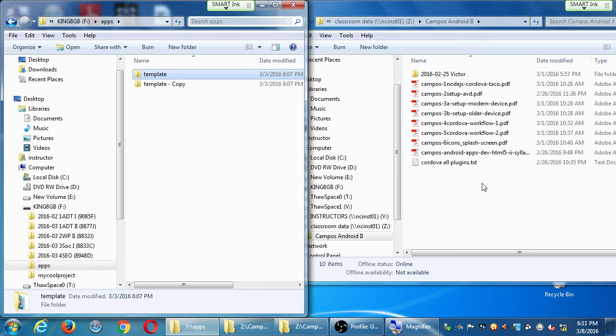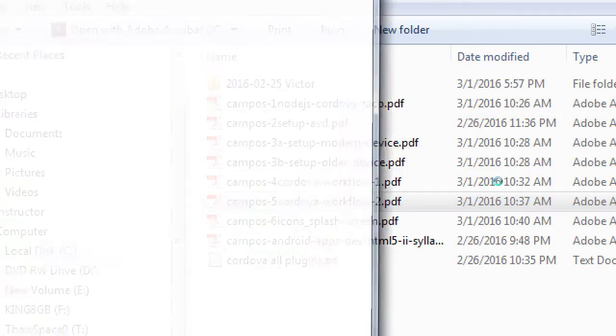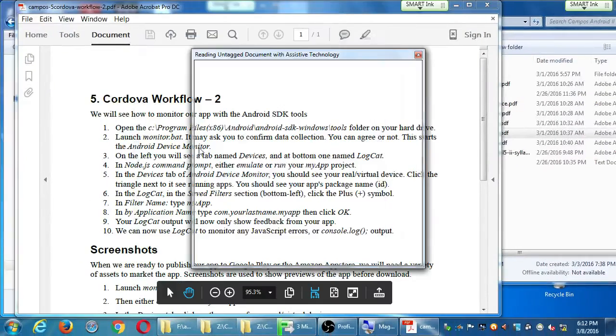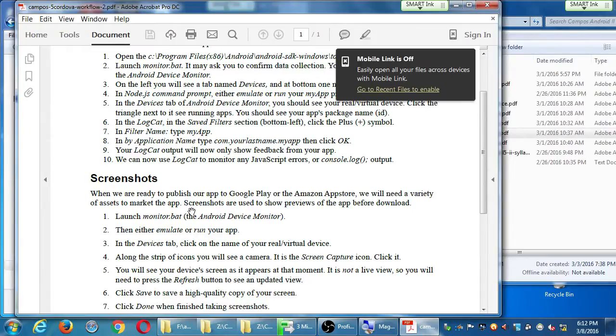And what I've got for you in there is the very last handout that we looked at last time was number 5, and there were 2 parts to that, and so we skipped the first part and went to the second part. We'll get back to the first part a little bit later, which is to look at the monitor. No, actually we did do monitor, didn't we? We did monitor, and look at my own handout. I thought we didn't. Yeah, so we talked about screenshots through monitor, but we skipped the first part,